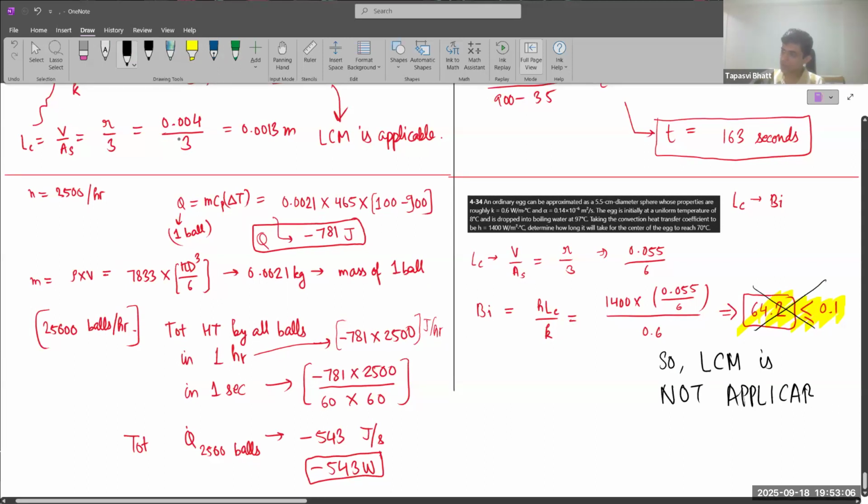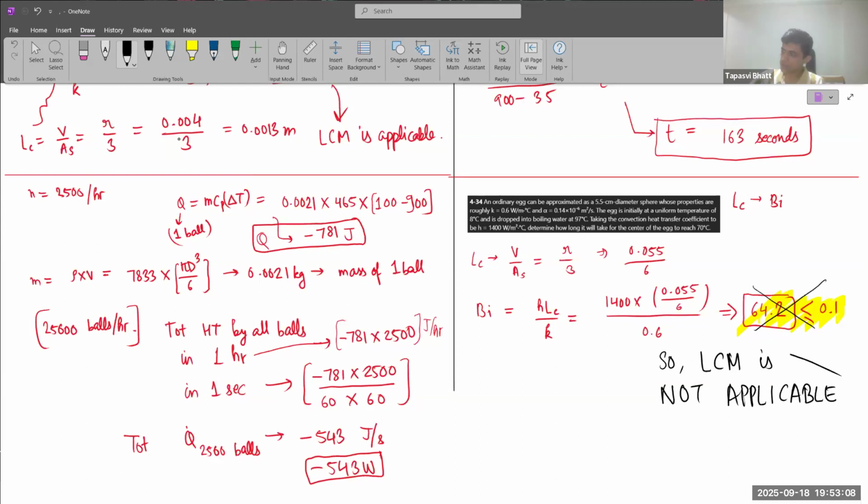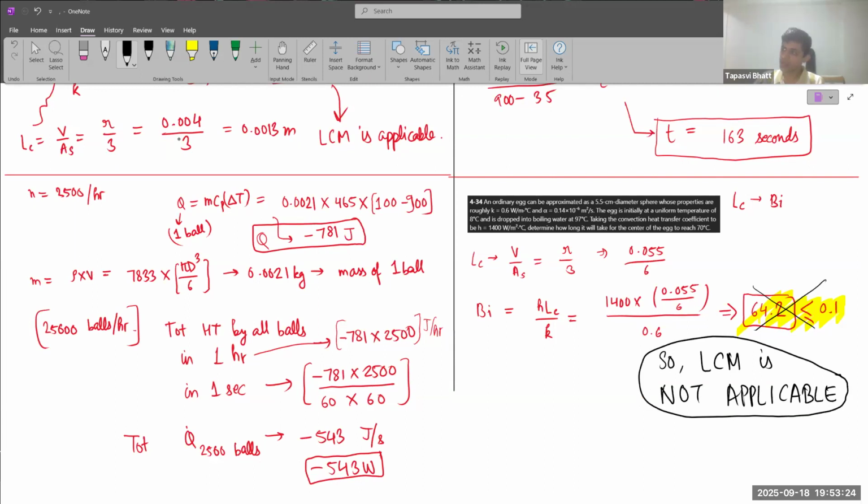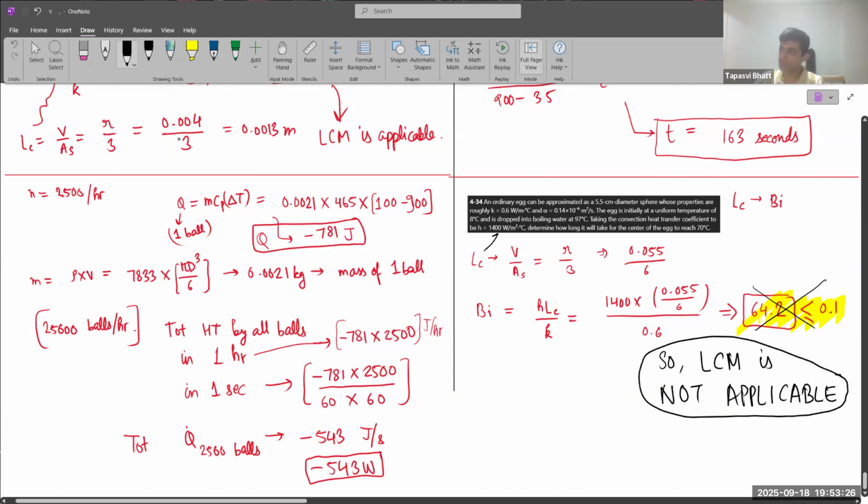So this is where the questions are going to trick you. I purposefully chose this question because you might have simply proceeded directly to the lump capacity model equation, but it won't make sense because the Biot number itself is not less than 0.1. It's so high. You can even think of it this way: the heat transfer coefficient is so high and the thermal conductivity is so low. So most likely the convection is so high and the conduction is so slow that the lump capacity model